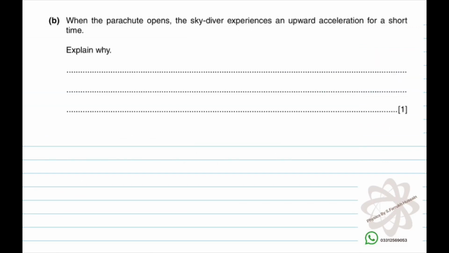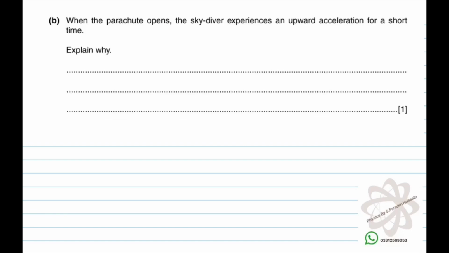Now in the next part of this question, when the parachute opens, the skydiver experiences an upward acceleration for a short time. When the parachute is opened, there is more surface area of the skydiver in contact, so there will be more upward force than downward force. So if there is more upward force than downward force, then the resultant force will be in the upward direction and the object will accelerate upwards, and this upward acceleration will be called deceleration, because the object is moving